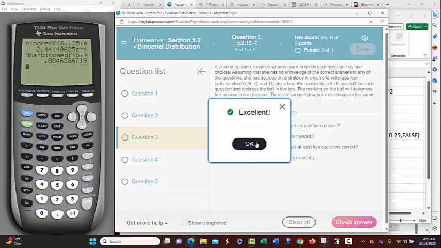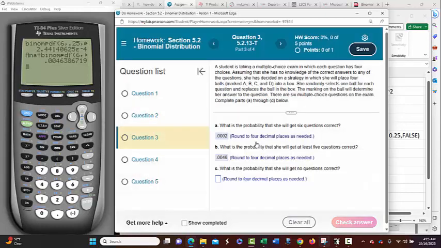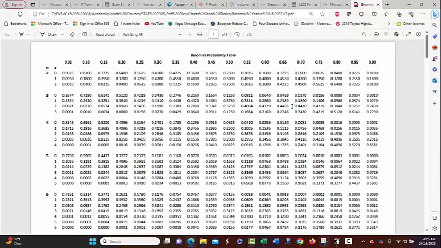Now the other way is using the binomial table, which I mentioned. On a test, if you have to add probabilities up for any kind of question like this one, I would make sure it fits on the table, because not every scenario is going to fit on that table. This one happens to, and on a test it will. So if I use this, I'm looking for n equals 6,